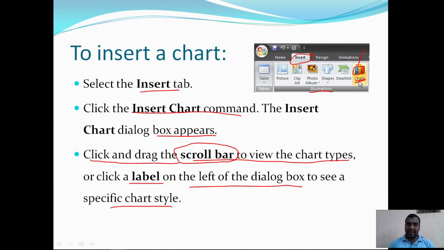Those labels are available on the left side of the Insert Chart dialog box. So go to the specific chart style and select the appropriate chart you want to insert in the presentation.